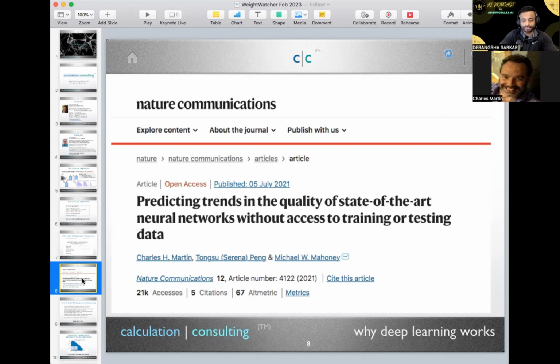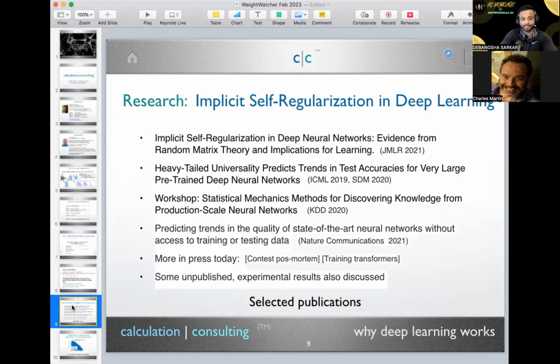Right. Then this paper looked at about 500 different models. About 150 or 200 we were really able to analyze at that scale. Now there are over 50,000 models. So this is sort of like a theory of pre-trained models. We were not trying to train models, we're just trying to understand them. We have a number of other papers, we've done talks at KDD, ICML, and various papers on the arXiv.